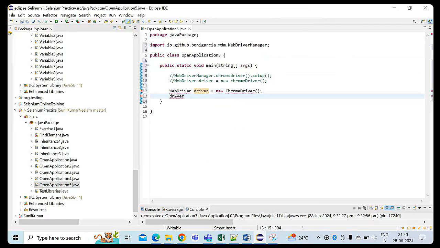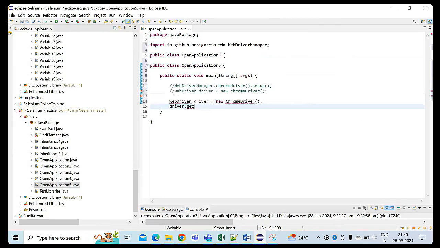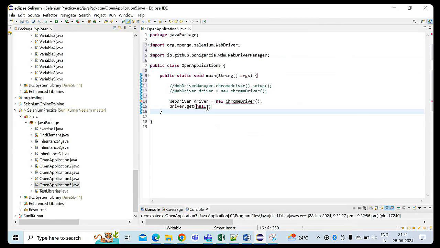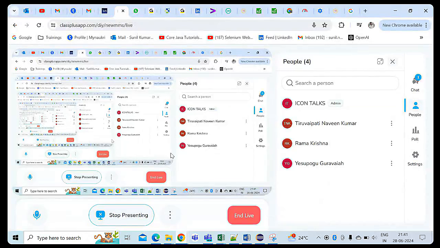Now driver dot get URL. Whichever application we are supposed to open, you can use here. The get method. Now here we will give the URL. Suppose I wish to open